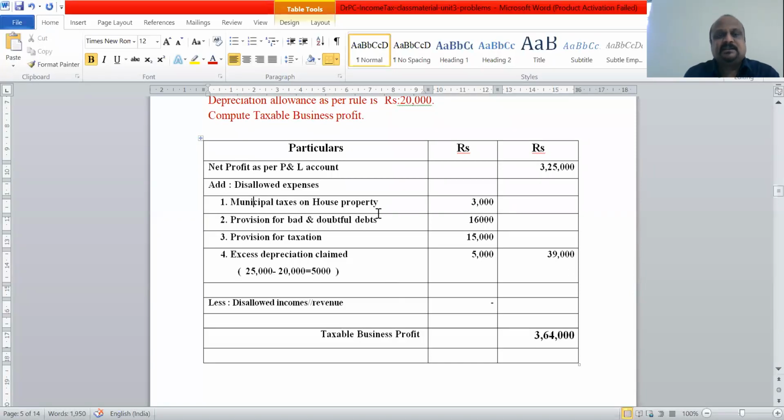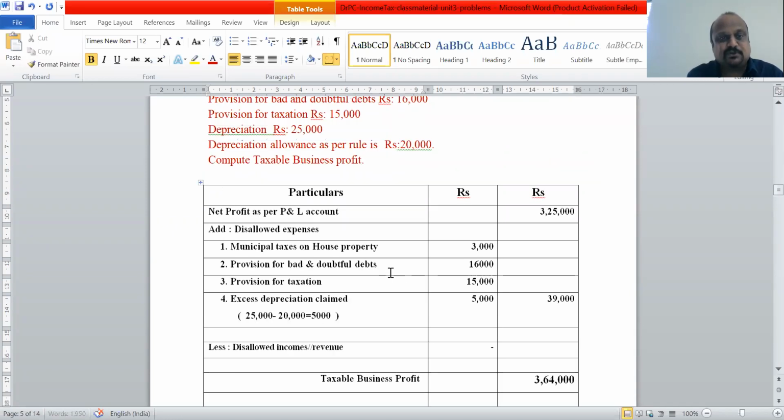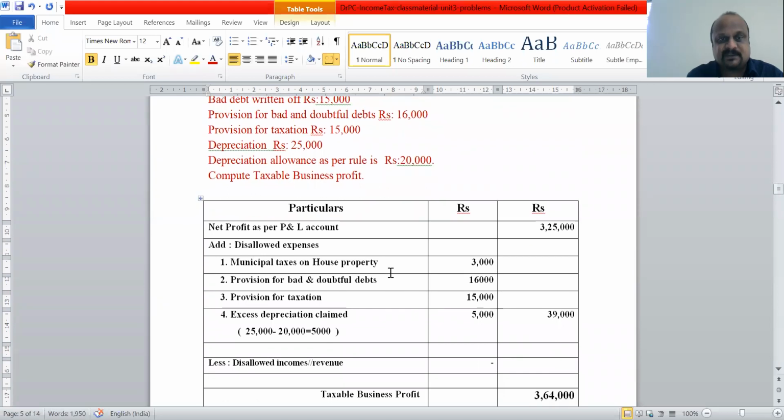We should know them. As we can make out from the way I am solving here, any taxes or anything related to personal nature are all disallowed. Provisions are disallowed. Supposing he has paid an insurance premium, life insurance is again disallowed. Income tax paid is again personal in nature, so that is disallowed. We have to take care of all these things while solving these kinds of problems. They are very easy, but you should know which one should be used where.